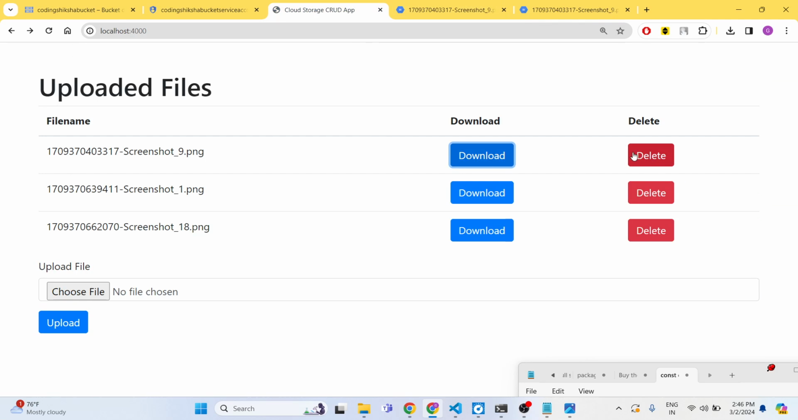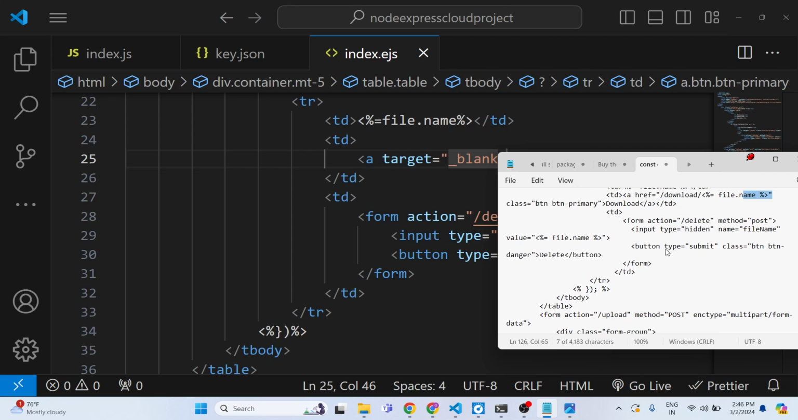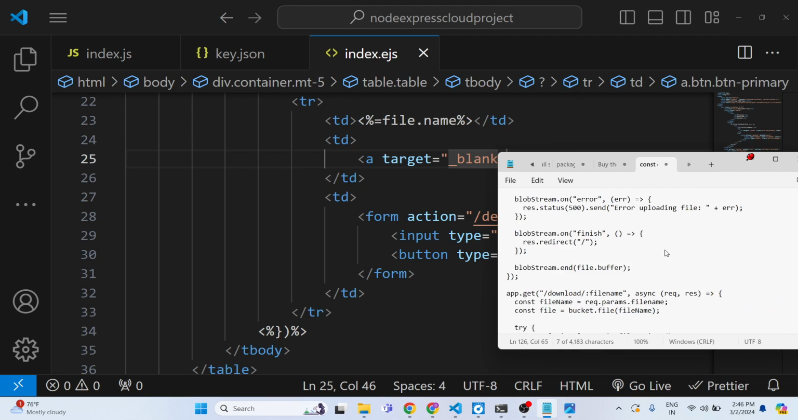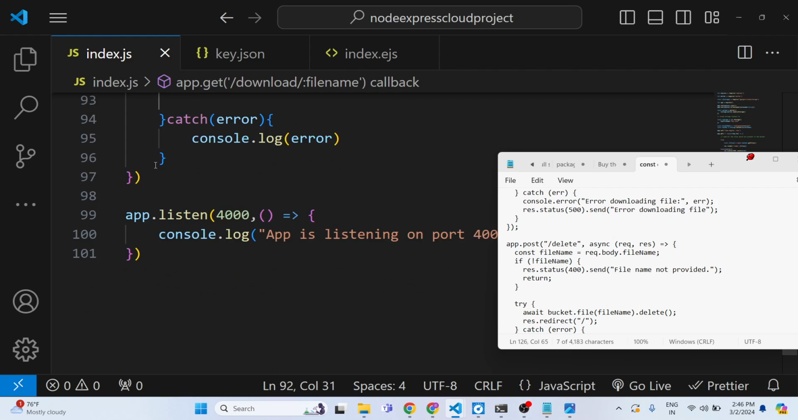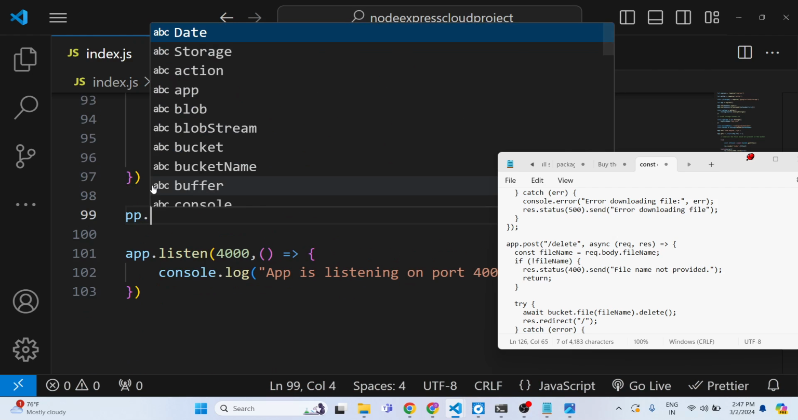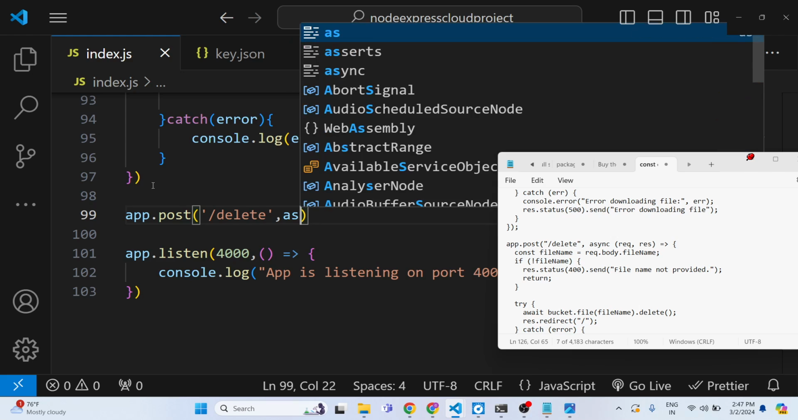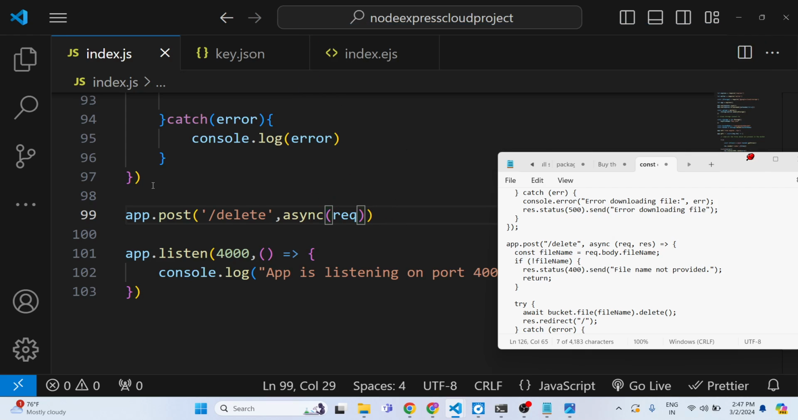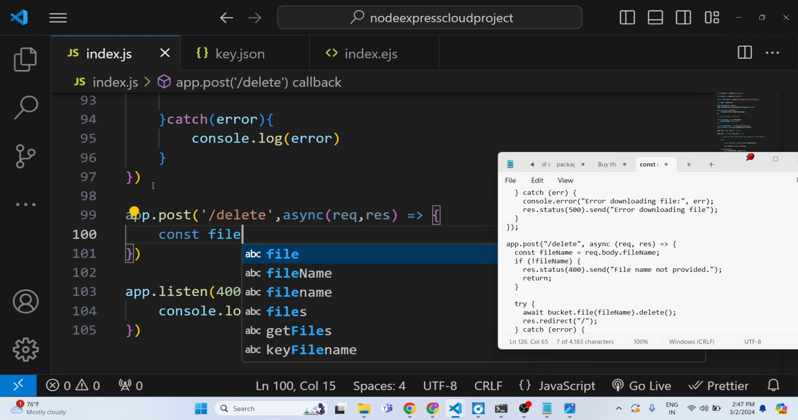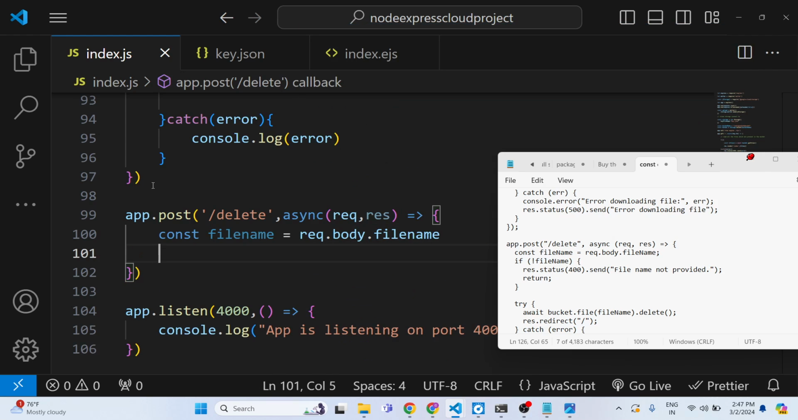And now we need to implement the delete functionality, guys, and whenever you click the delete button, what should happen? Here we need to make a post route to actually delete the file. app.post /delete, again it will be an async function, request response. We will get the file name using request.body.fileName, and